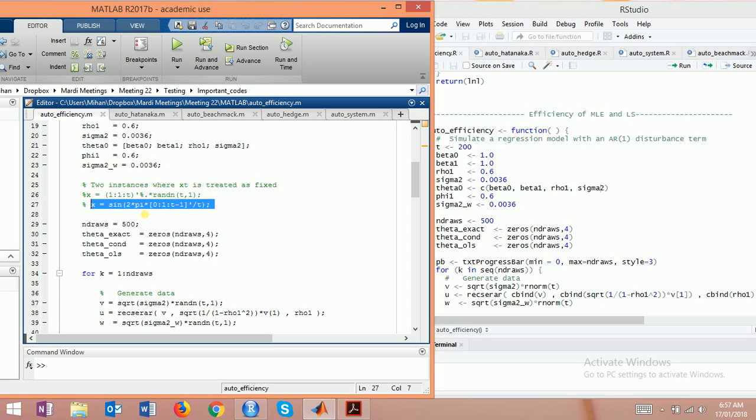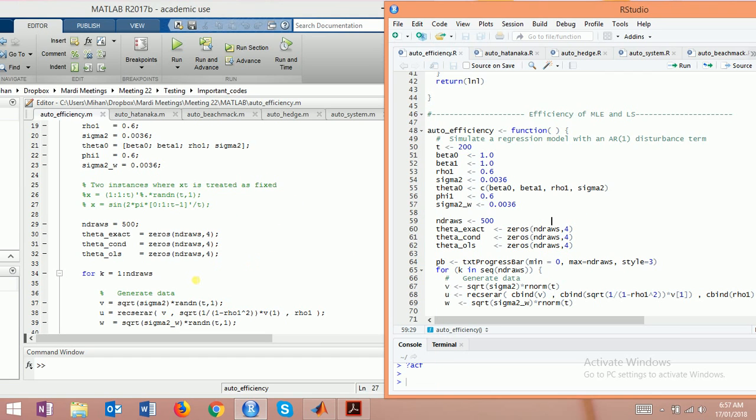When it's treated as fixed, it is simply 1 to t multiplied by a random number of t minus 1. When it is sinusoidal, this is the code, that's all. When it's fixed, we just create a random number with the fixed number. So we have number of draws, 500 times,